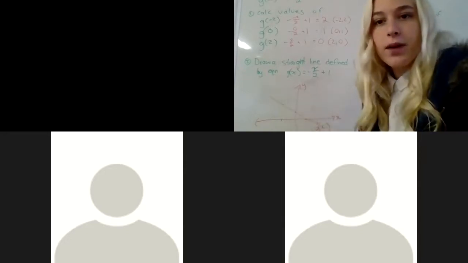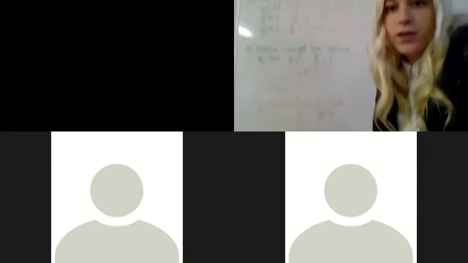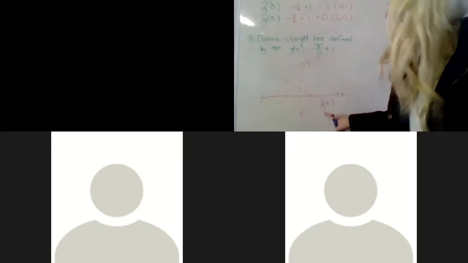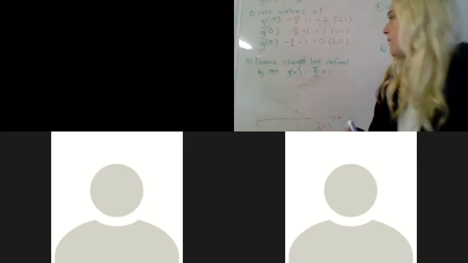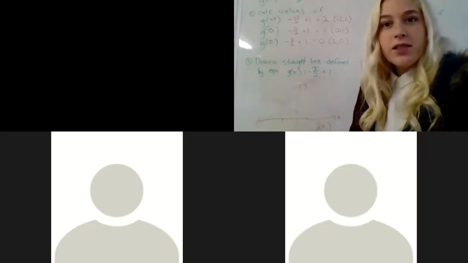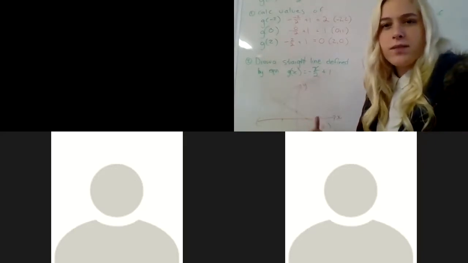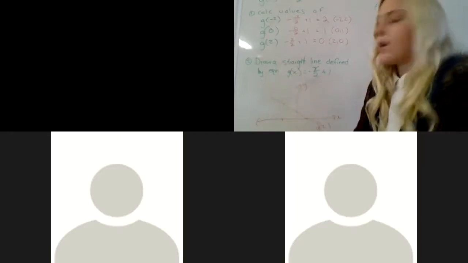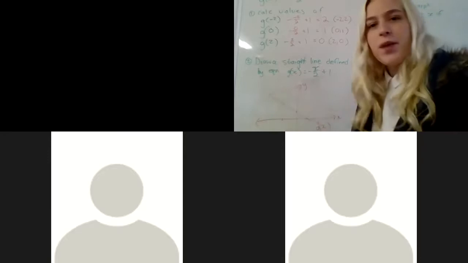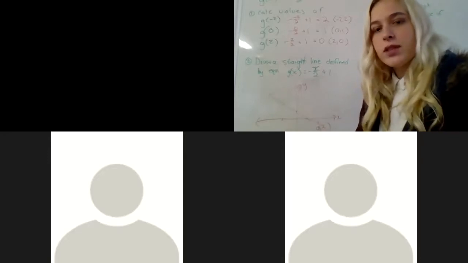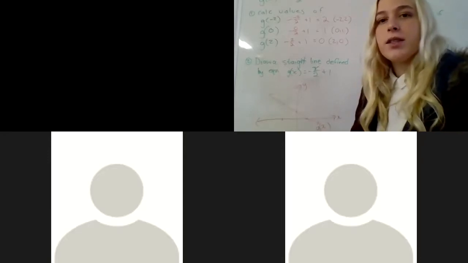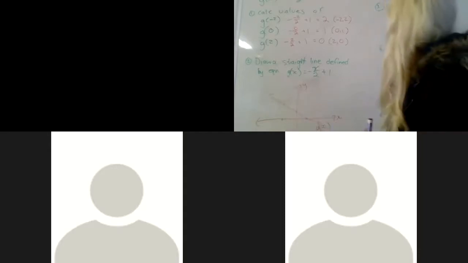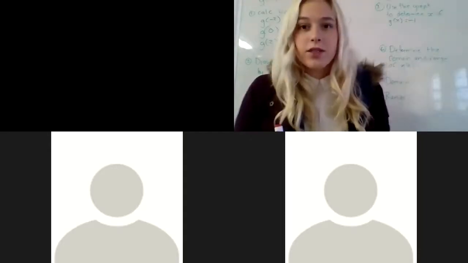Okay, so if we wanted to label it, we can just call it g of x. I don't know if you can see that. I just called it g of x. Okay, that's as easy as it is to draw the straight line of our equation. It's just subbing in points of our line, and then we can draw it. I'm going to be going over a few other ways to draw a straight line equation just now. Okay. The next question